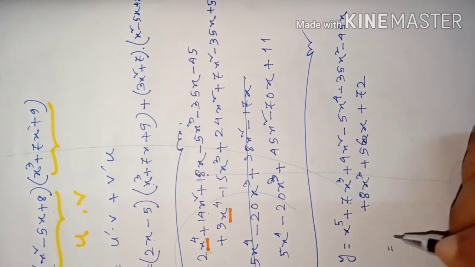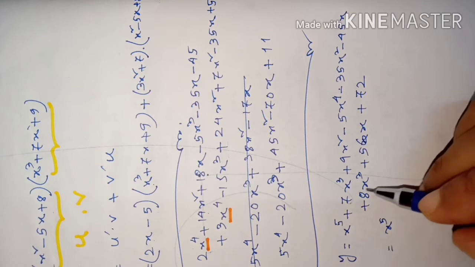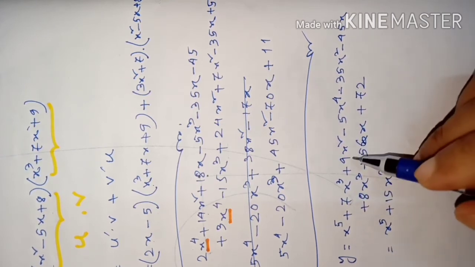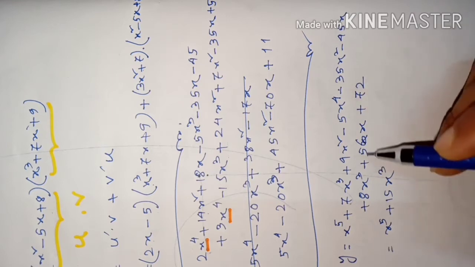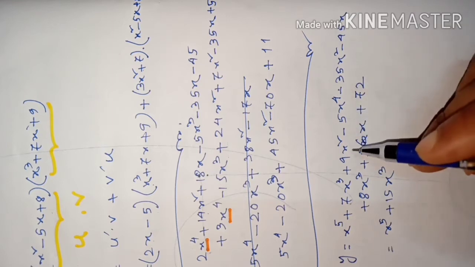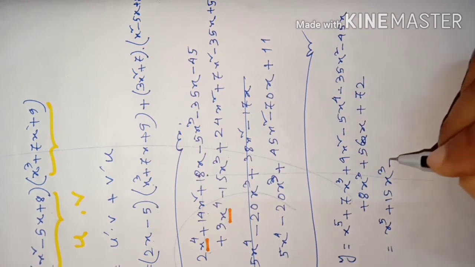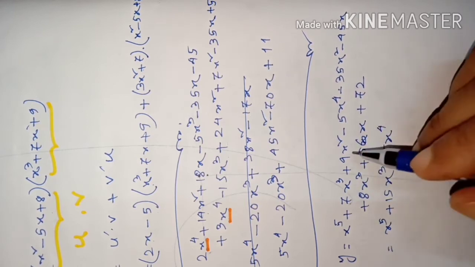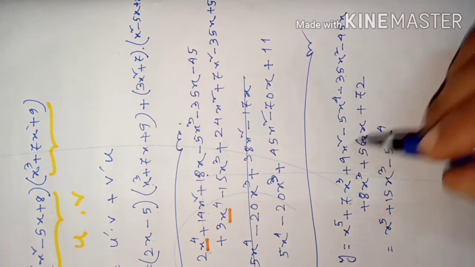So we have x to the power of 5. So x cube here 8 times, and here 7 times, 15 times. And x square here 9 times, here that is 35 times, negative. Oh sorry, x^4, I forgot to write. Okay, I am writing here 5x^4. Then x square here 9 times, and here 35 times, negative 9, 14, 15 minus 9, 6.